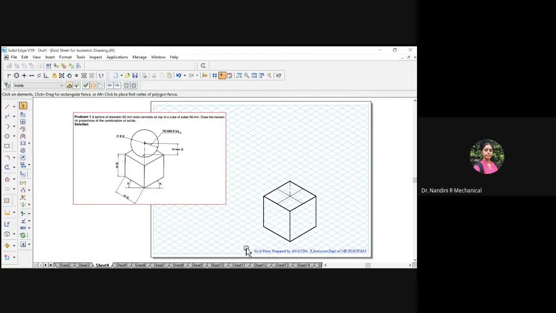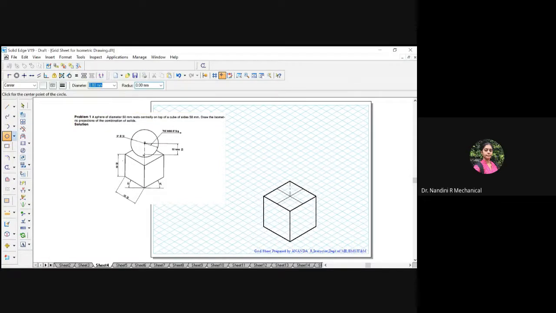True radius will be exactly 25 mm. So you will use compass and measure 25 mm. Here I am drawing the sphere from the center point through which the circle has to be drawn.